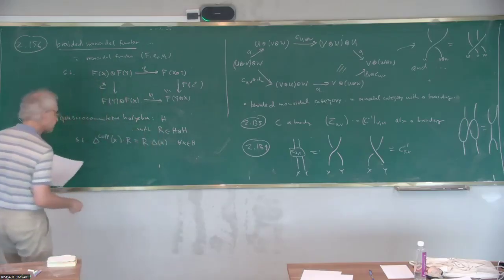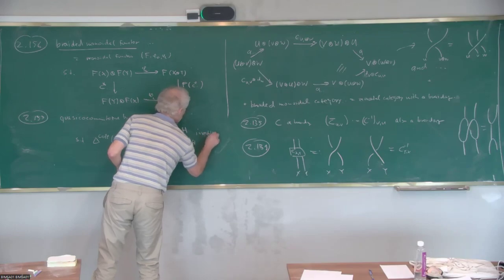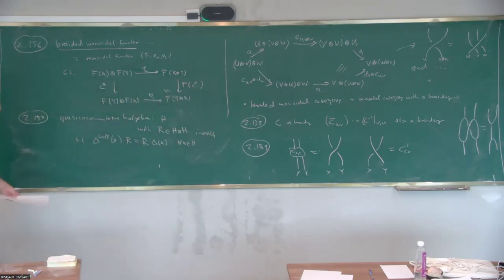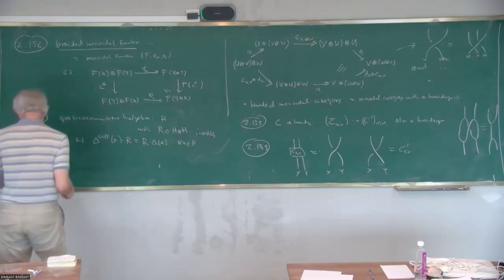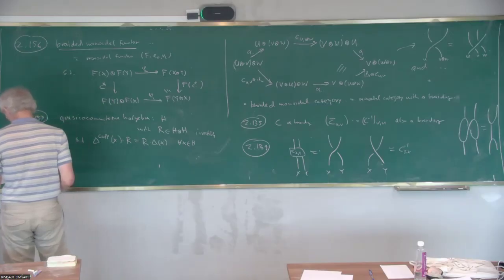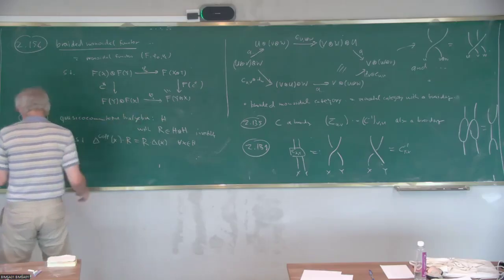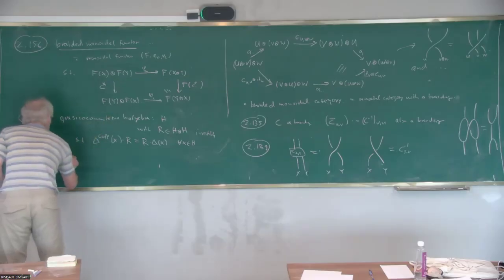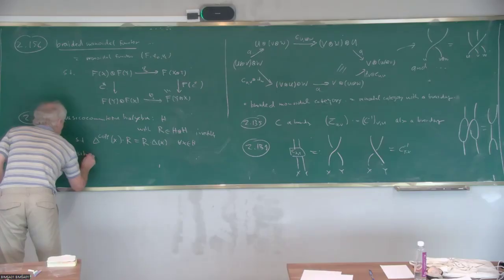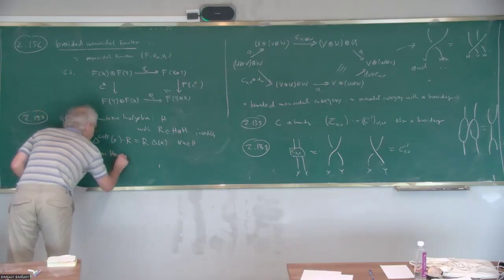If R is invertible, we can bring one of the R's to the other side, and then this is conjugation by R. If this is even a Hopf algebra, you call it a quasi co-commutative Hopf algebra, and then a quasi-triangular Hopf algebra